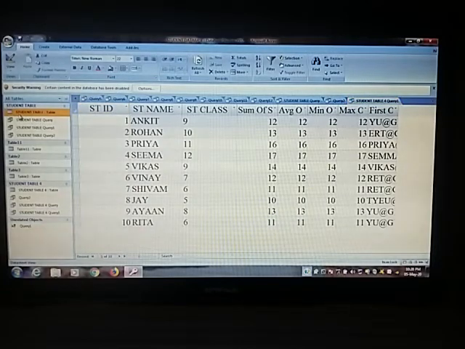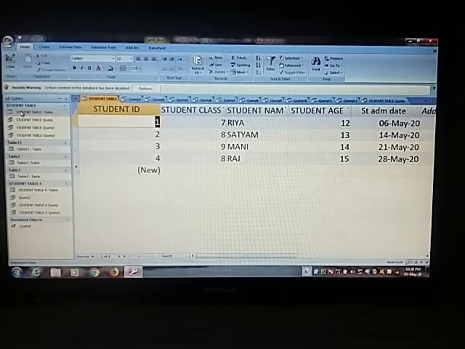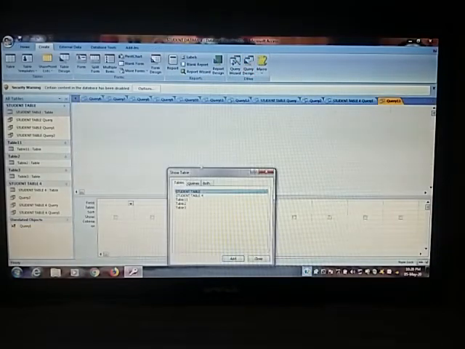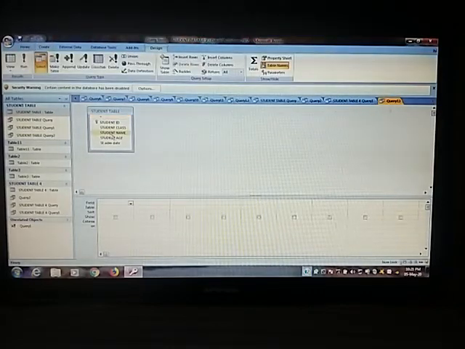Again click on the create button and choose design view and add the table. Suppose we want to find only the student admission, how many students took admission between these dates.